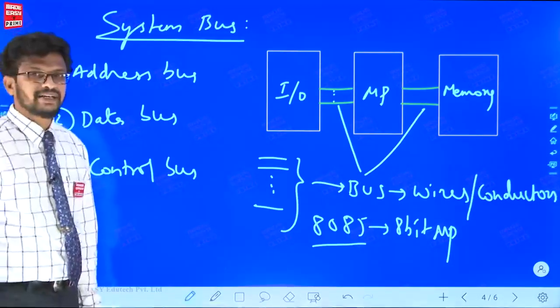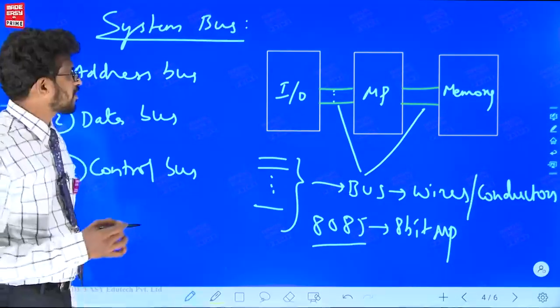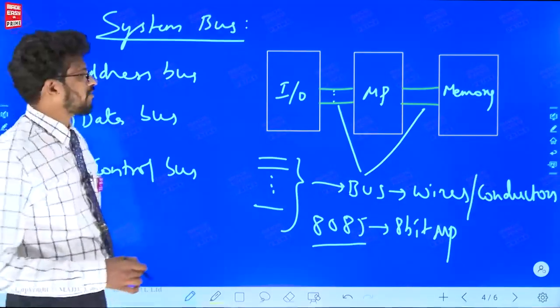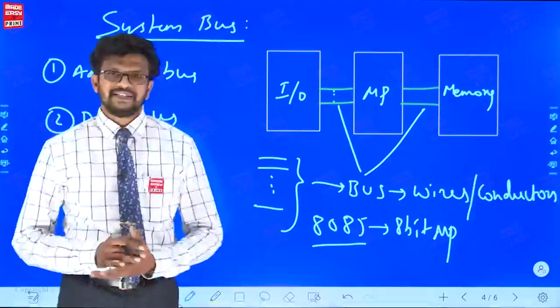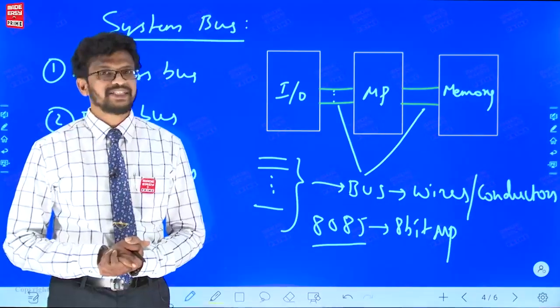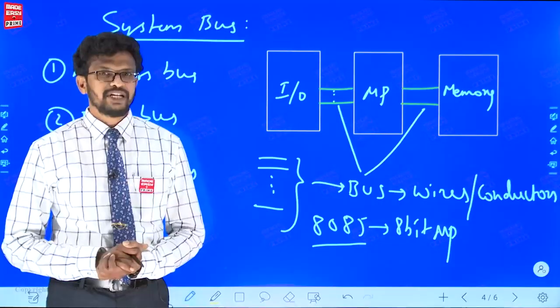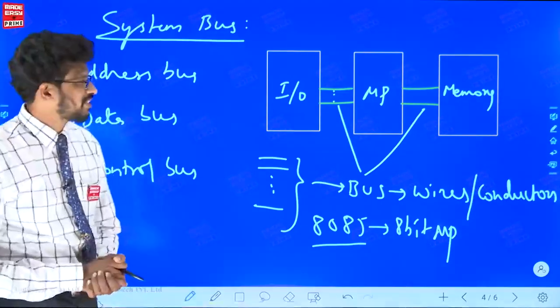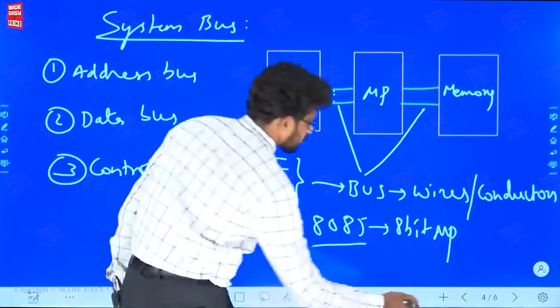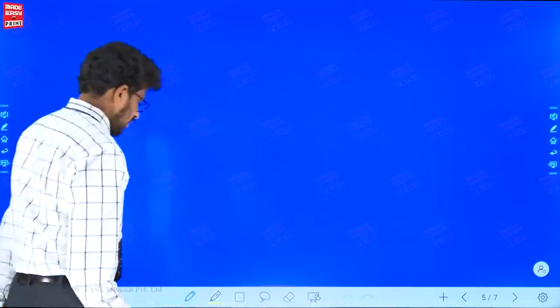So what is length? Number of wires it has got. So the second parameter with respect to 8085 is 16. It means 16 bits in length. The length of address bus in 8085 is 16 bits in length. Why are we calling it 16 bits in length? What is the meaning of 16 bits in length? Observe carefully. Here, for example,